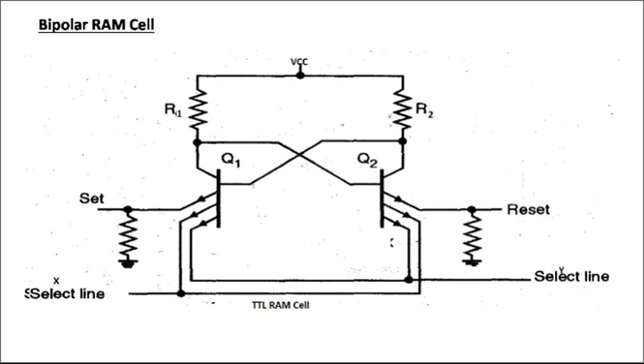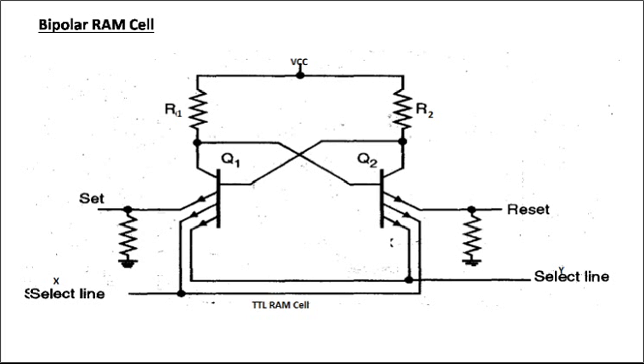When the word line is logic 0, meaning ground level, the transistors are off and the latch retains its state. In the read operation, the word line is made logic 1, so both transistors are on. Now if the cell is in state 1, the signal on bit line B is high and the signal on bit line B bar is low. The opposite is true if the cell is in 0 state. B and B bar are complements of each other.